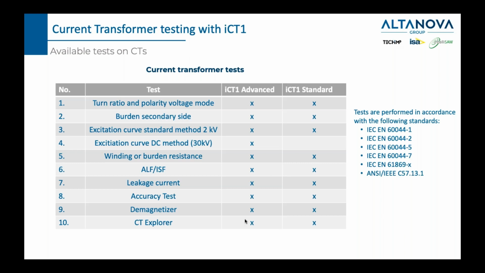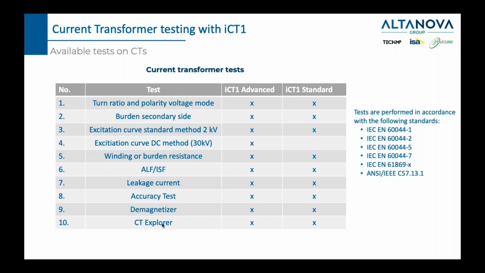The advanced model covers all the functions: turn ratio and polarity in voltage mode, burden secondary side, excitation curve with the standard method up to 2 kilovolts with 50 hertz, and excitation curve with DC method where we can test the knee points up to 30 kilovolts. Winding or burden resistance, ALF, ISF test, leakage current, accuracy test, demagnetizer, and CT Explorer, the function which finds the